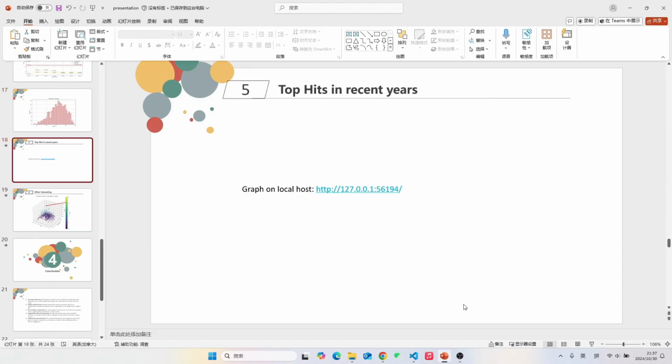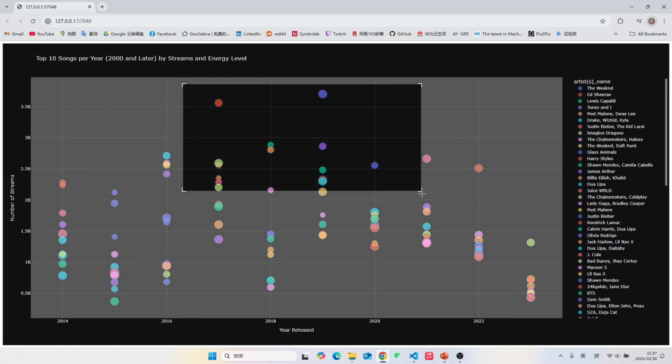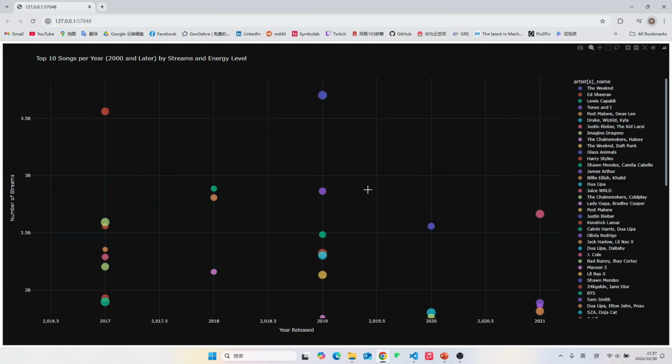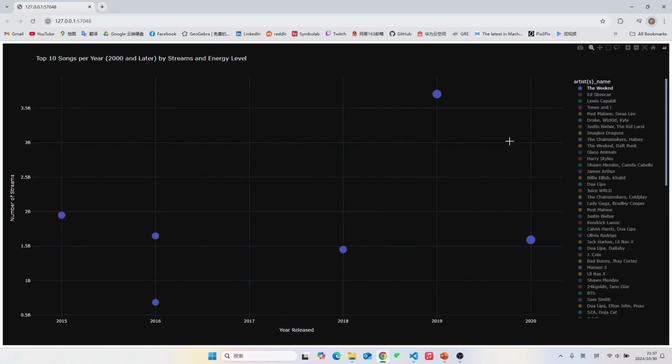In order to verify our findings, we can see this graph here. It is constructed with the plotly.express library from Python. You can zoom in on a specific part of the graph and double click to turn it back. So for example, looking into specific artists, by double clicking on the artist's name, we can see that The Weeknd here has 6 top 10 hits in the past 10 years. And you can check the energy level and detailed information